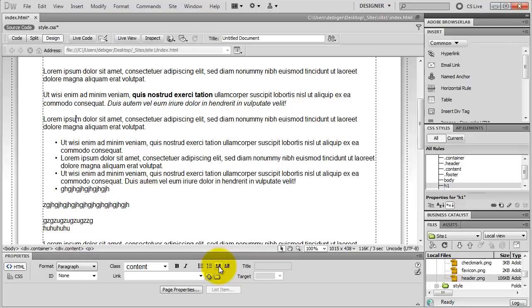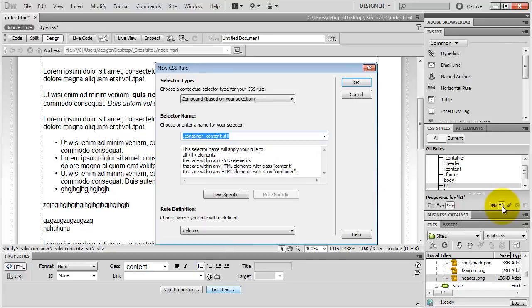I put my cursor in one of my list items inside of my unordered list. I click on new CSS rule, and I need a compound selector because I only want to style those list items that are inside of an unordered list. But I only need the UL li tags, so I click on less specific once again, and this CSS rule is only going to apply to those list items that are inside of a UL tag, so it's not going to have an impact on my order list if I have any. I click OK,